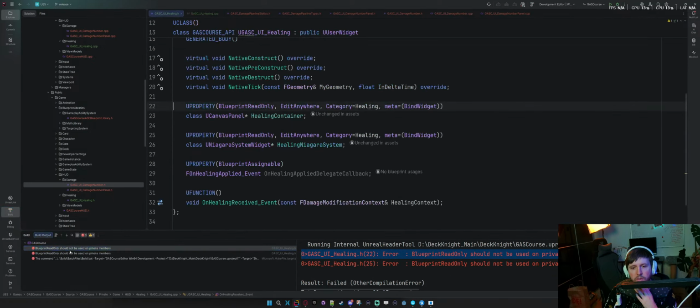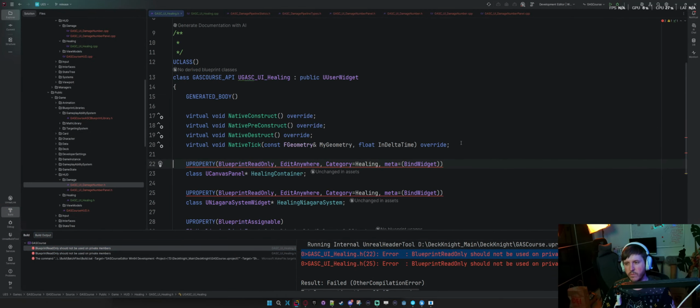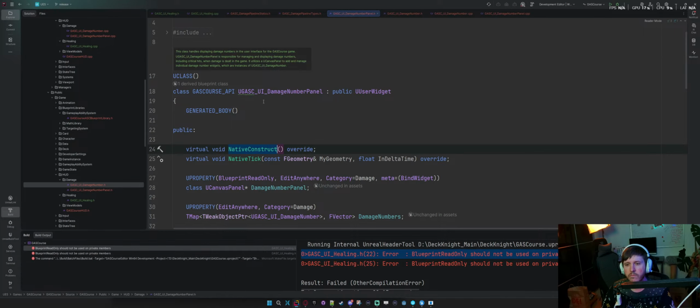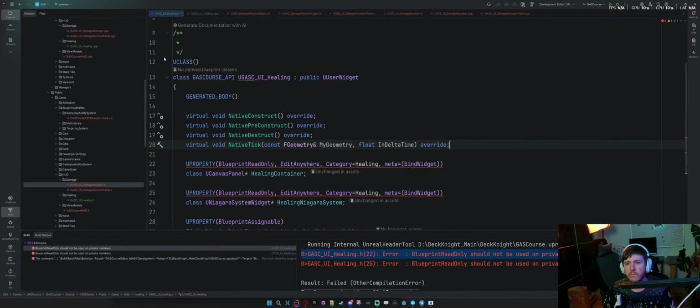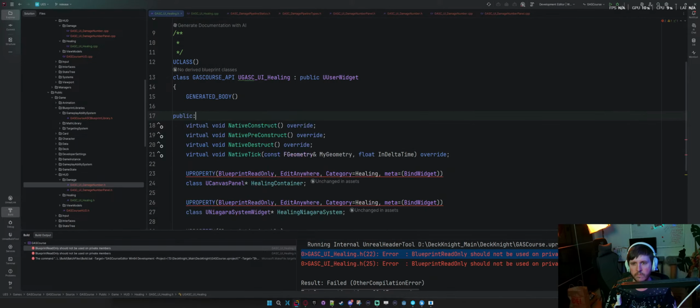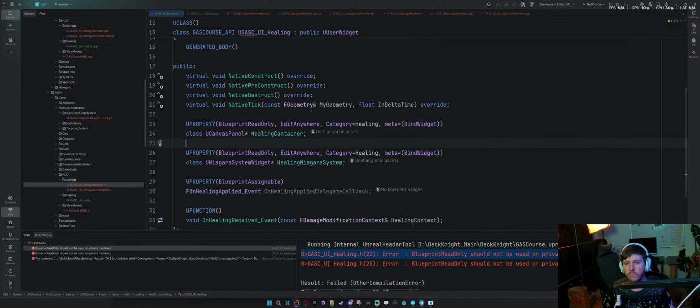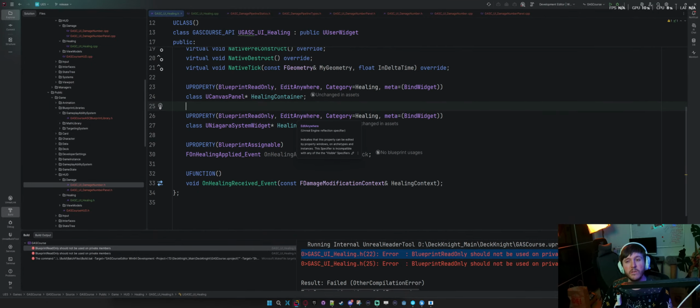Okay. So blueprint read-only should not be used for private members. So I'm guessing this has to be public. Okay. Maybe that's why it was giving me an issue.